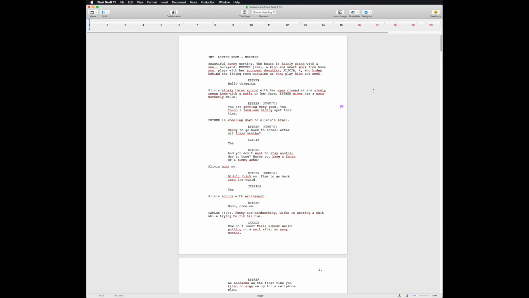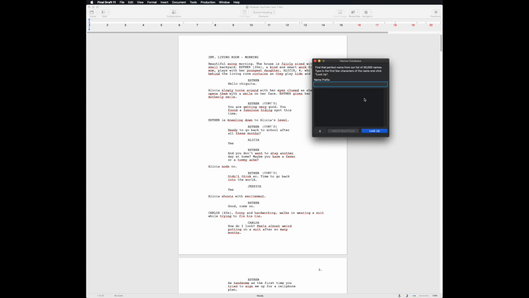Feature number 5, names database. So let's say you want some ideas for different character names, or perhaps the one that you have right now you don't like. Well, Final Draft has this pretty cool database, which you can find under Tools. You go to Names Database, and basically you give it ideas. So let's say you think you would like to explore character names that start with the letter, for example, J. In this case, Final Draft is giving you over 1100 options,